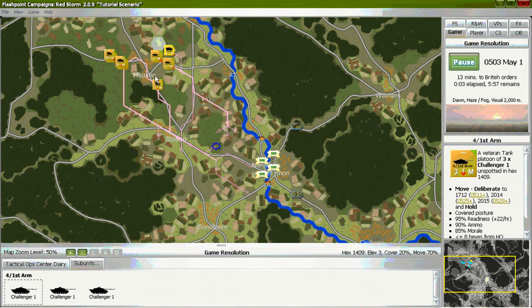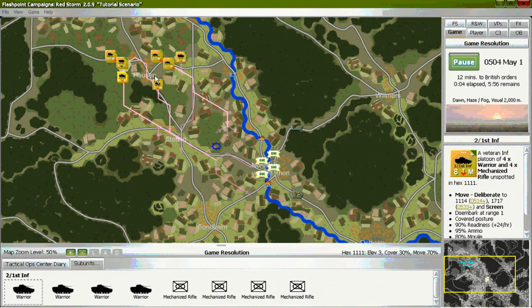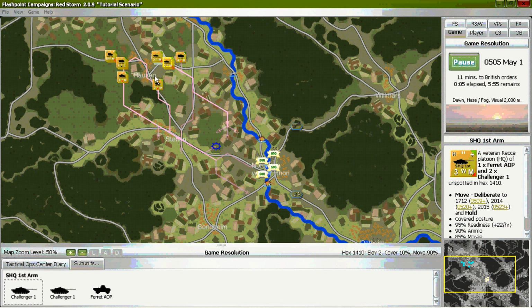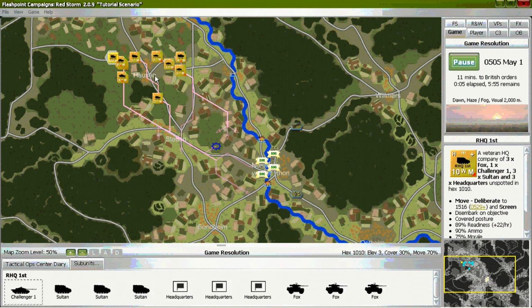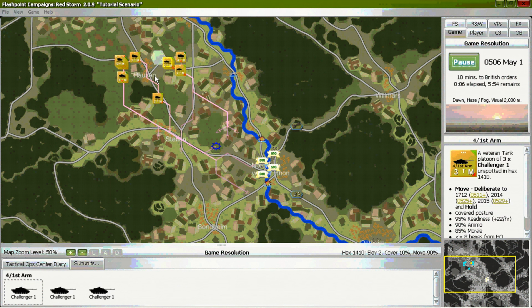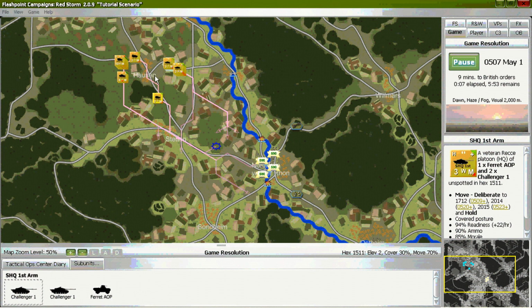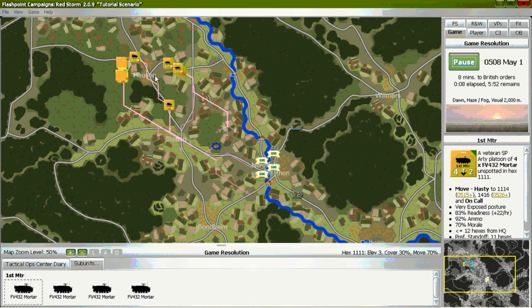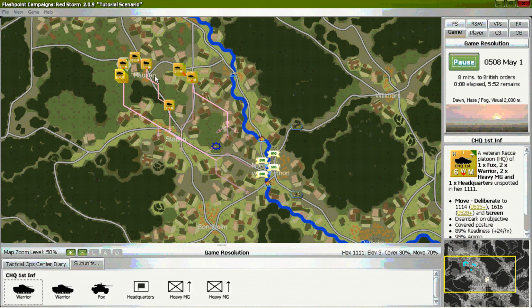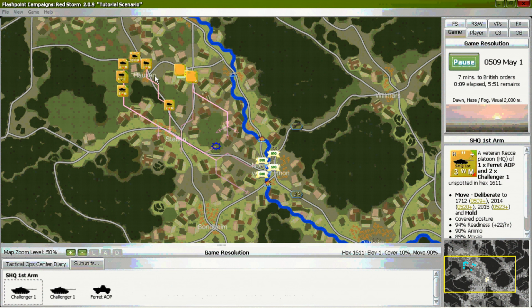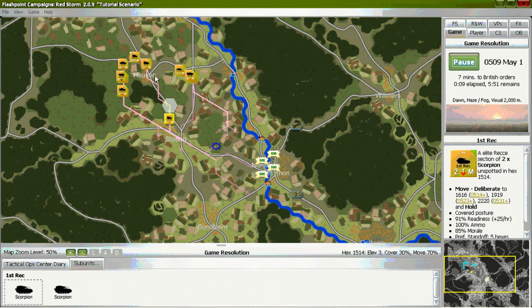Most plans made before a battle rarely survive first contact. Your ability to react and plan ahead for surprises will keep you in the fight. The tutorial scenario is not a balanced scenario. It was designed to include all types of units to show the various abilities of those units and how to control them in the game. The rest of the Red Storm scenarios are well designed and will be a challenge to players of all levels.